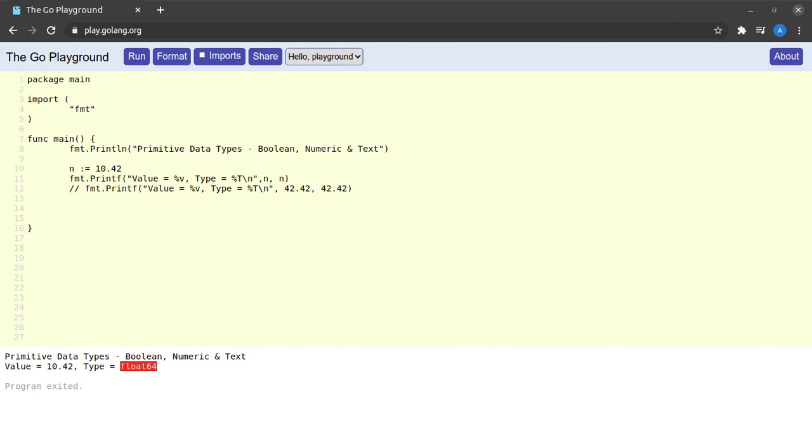Floating point numbers in Go follow the IEEE 754 standard, and we have two types of floating point numbers in Go, which are float32 as well as float64. So as you can also see in the example, by default, floating point numbers will be float64 unless we declare them explicitly to be of type float32. If I run this code, I see that n now has a type of float32.